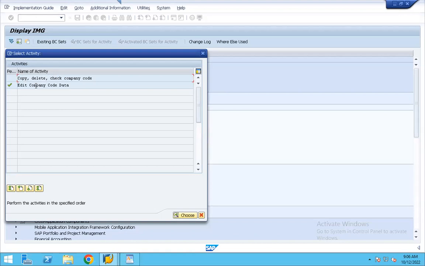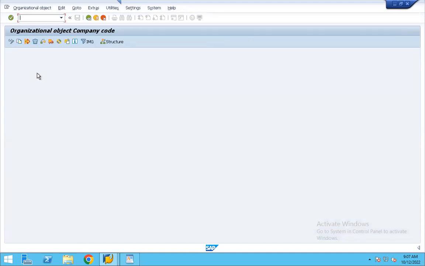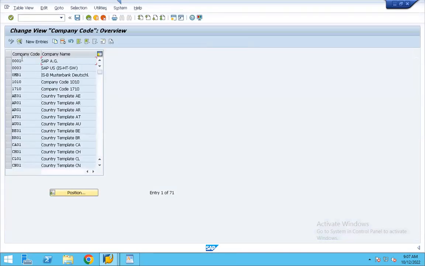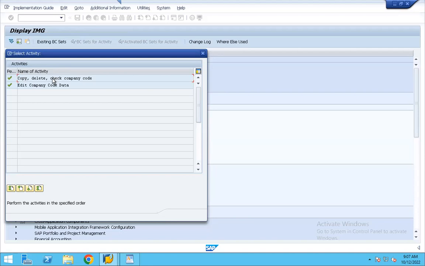So instead of performing the first option, we can directly go over here and create our own company code by copying the existing one. Existing ones are these company codes which are already there in the SAP system. So what we will do is copy this one, 0001, and create our own company code.